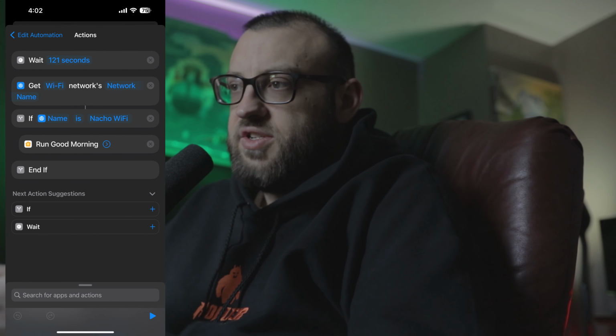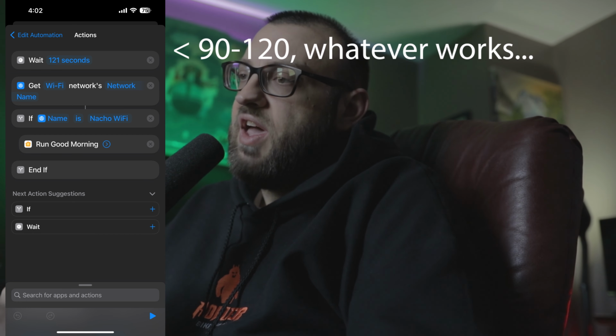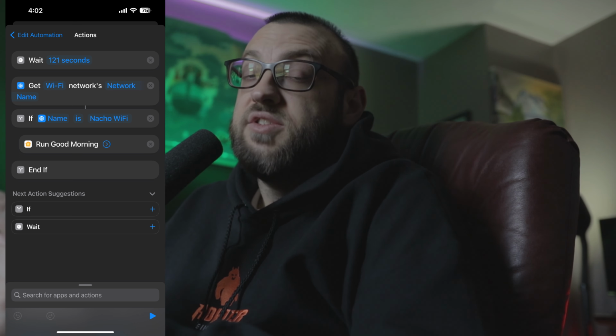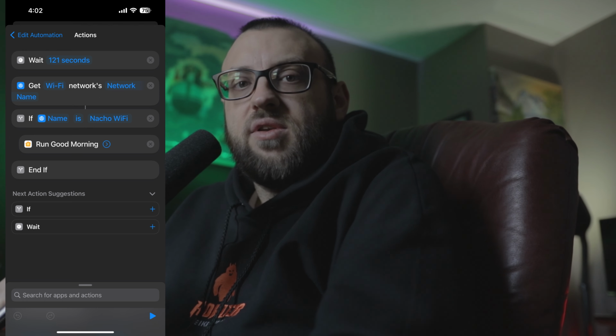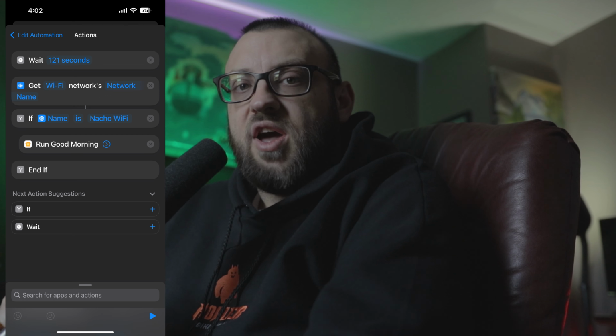Now, if I have my lamps come on every time my phone disconnects from CarPlay, then my lamps will come on every time I go to the grocery store or work, etc. So all I do is, whenever my phone disconnects from Apple CarPlay, it waits 90 seconds. At that time, it checks if its Wi-Fi network name is the same as my home Wi-Fi, then turn my lamps on. And I experimented with this, made sure that it was able to trigger without confirmation,